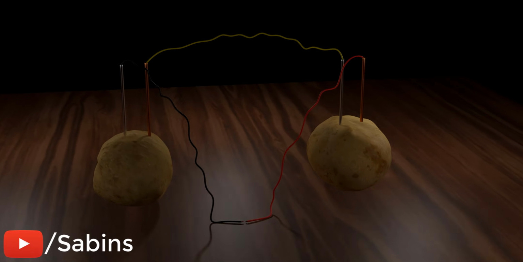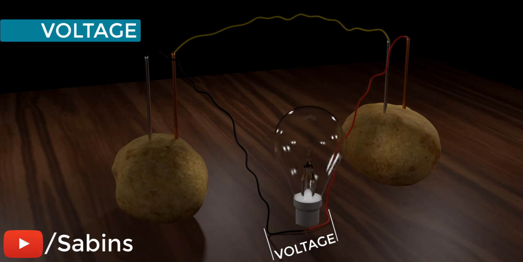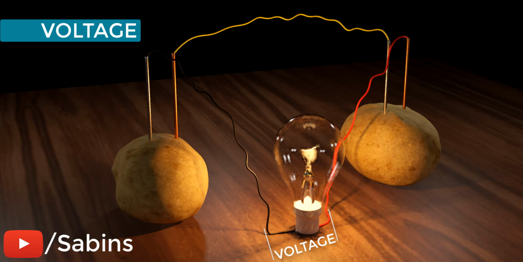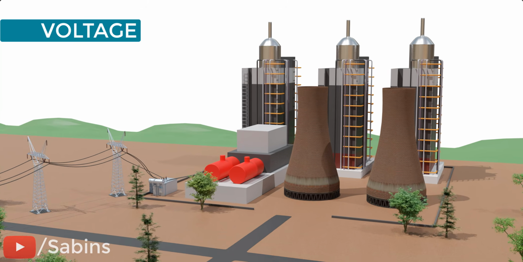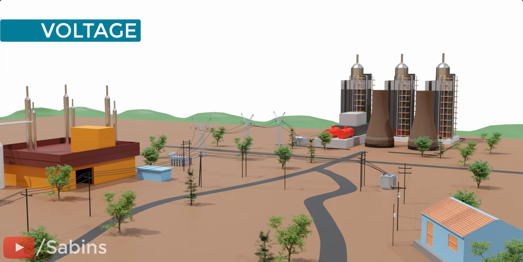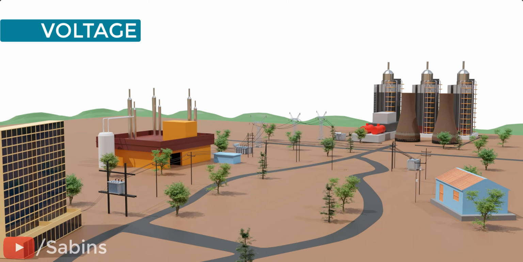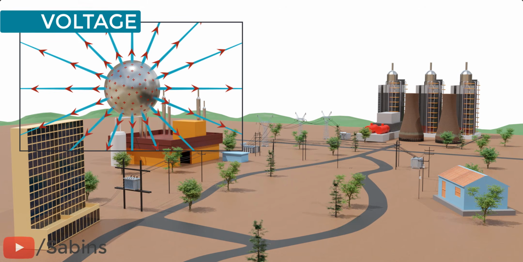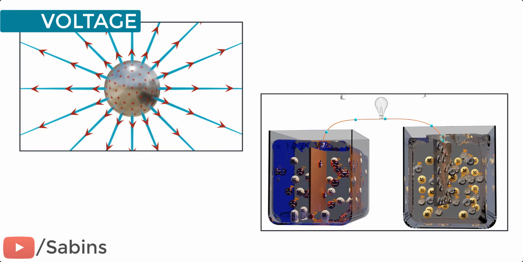A potato battery can produce voltage, and this voltage induces current flow. You can see different levels of voltage in power distribution. What is the meaning of this commonly used term in physics and engineering? In this video, we will take a conceptual journey, starting from the concept of voltage to creating a practical voltage-producing